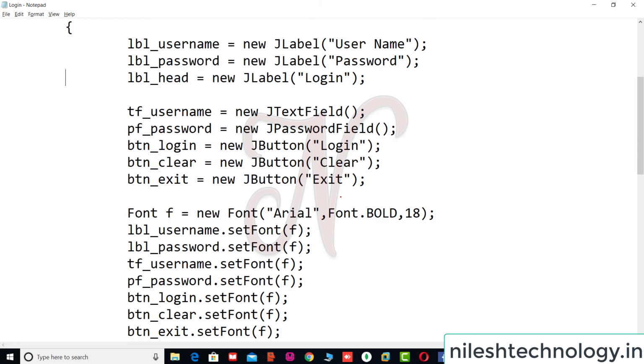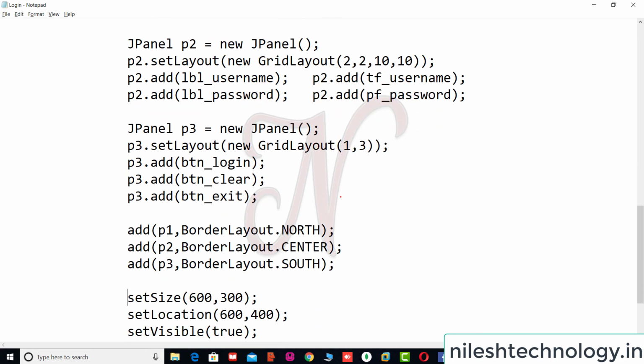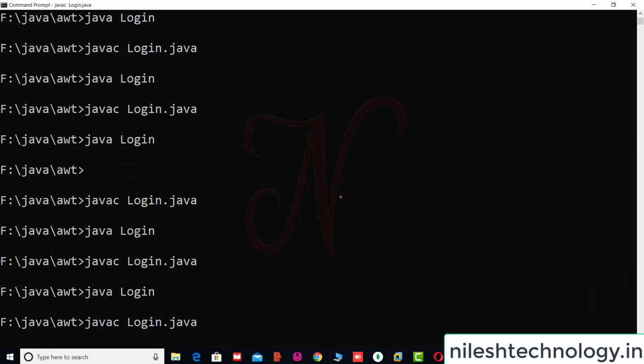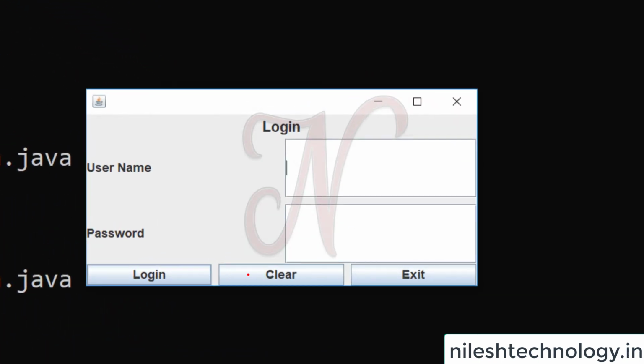when you set the grid layout, then there are 2 optional parameters. Okay, here if you pass these 2 optional parameters, they make the horizontal and the vertical spacing. Okay, so see here, 10 10, compile and run. See here, there is a gap in between these 2 components, here also in the text box.